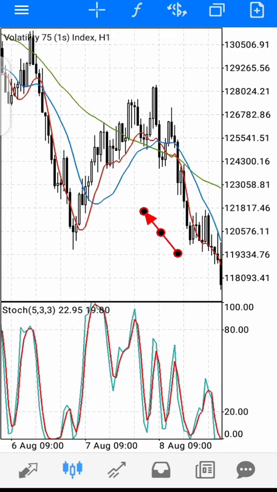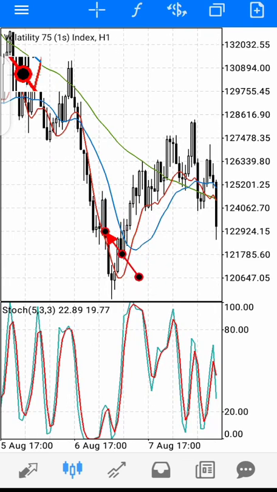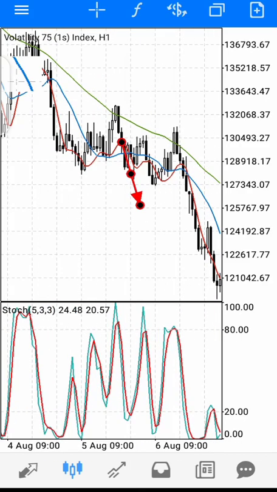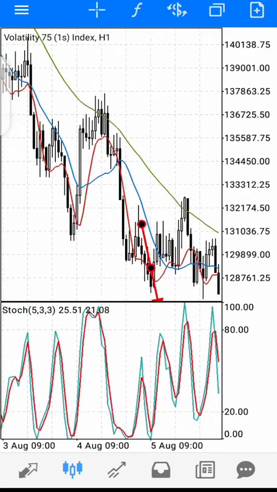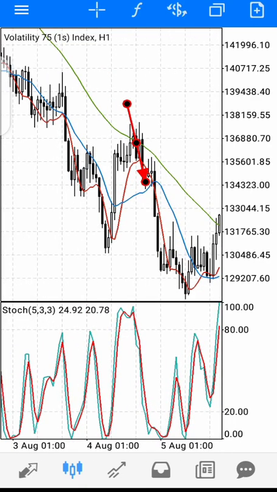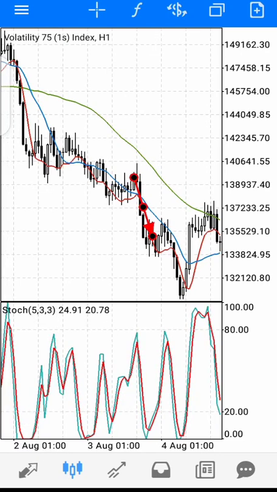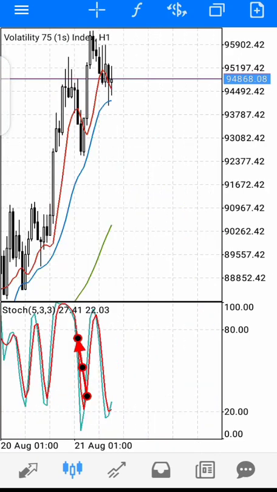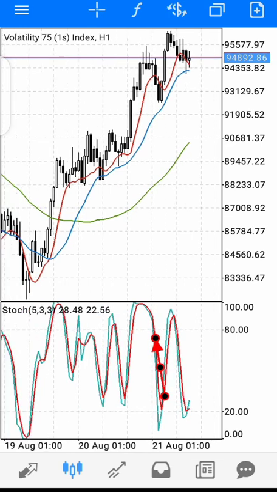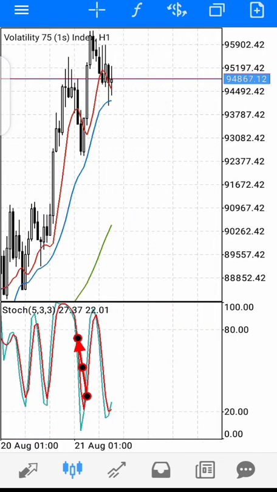So use this strategy. Make sure you backtest it properly over and over again to know how it works. It's perfect. It's the best strategy in markets right now, and I've been using this strategy. Very soon we'll be using this strategy live for you guys to see how we use it to double accounts, to triple accounts, to grow a small account, even as low as $10. So this is the strategy I've been using. Do well to backtest the strategy. If you don't understand, come over here again to watch the video,